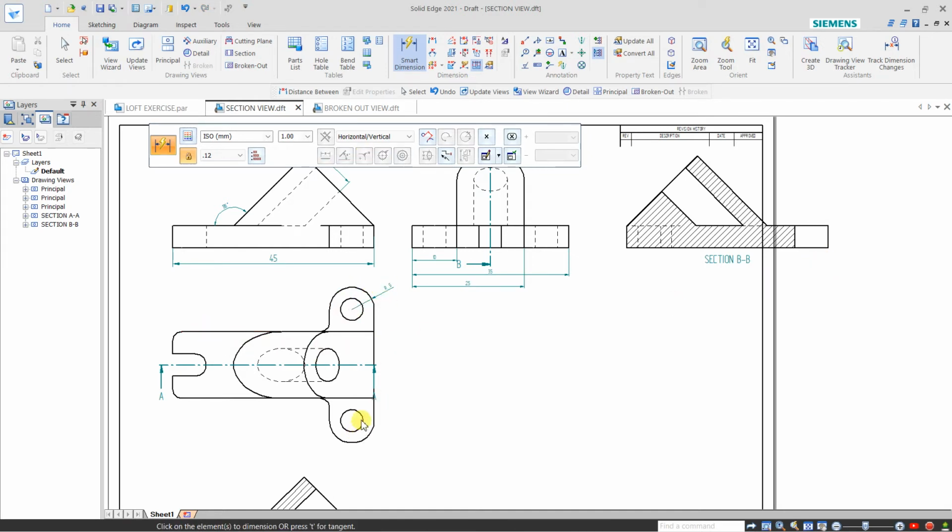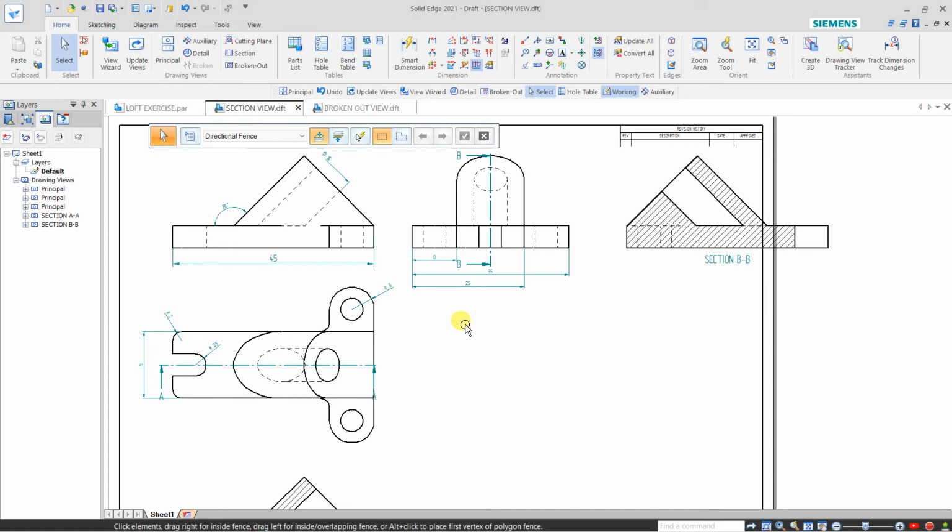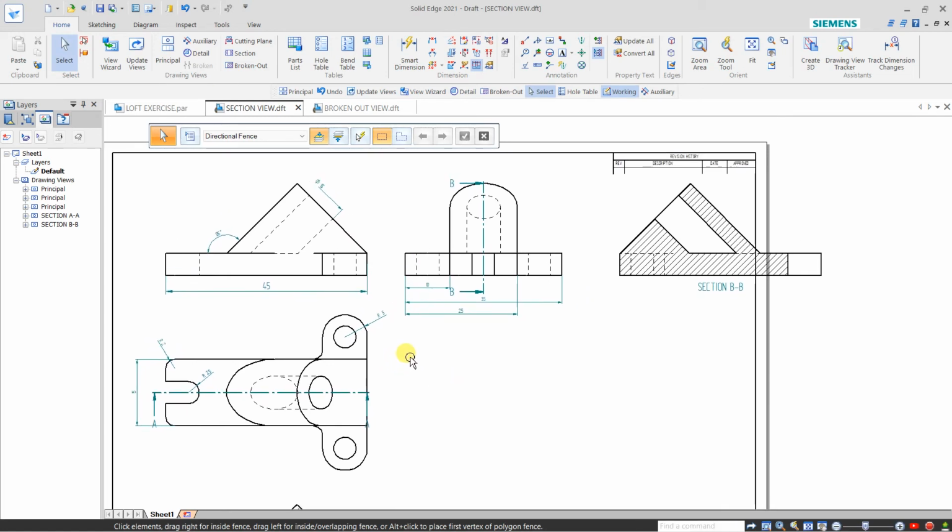See, here and here, and the distance between these. Okay, my dimensions are a little bit smaller, and I want to increase the size of the dimension text.